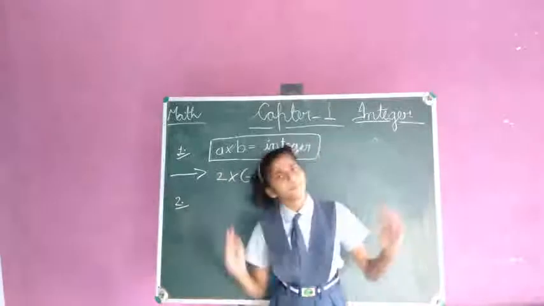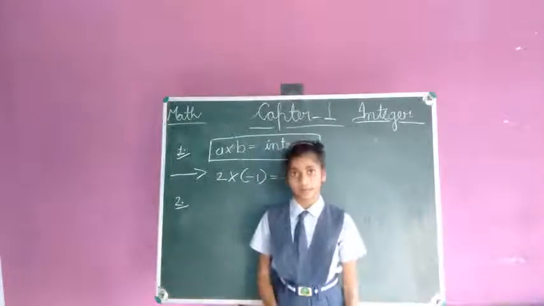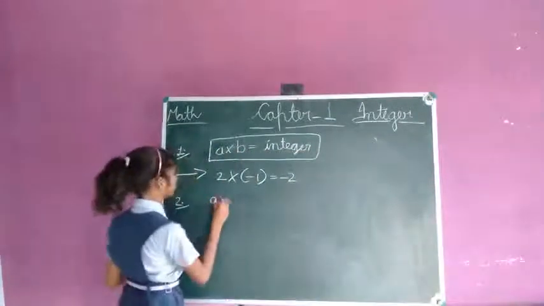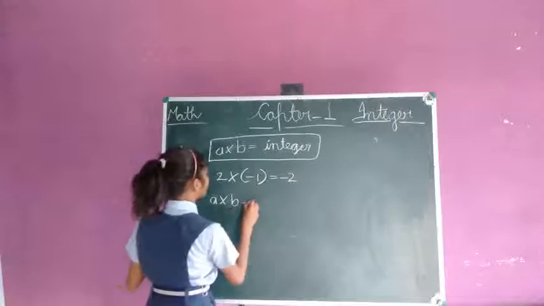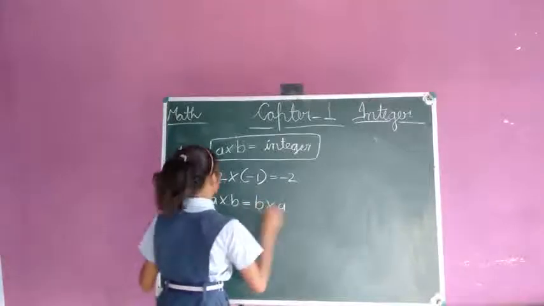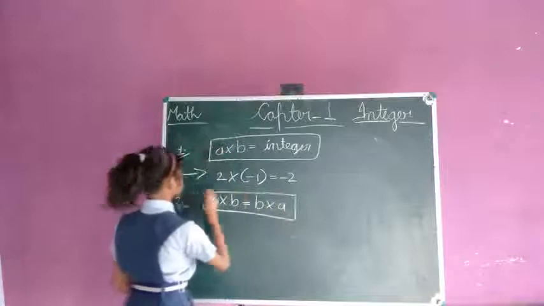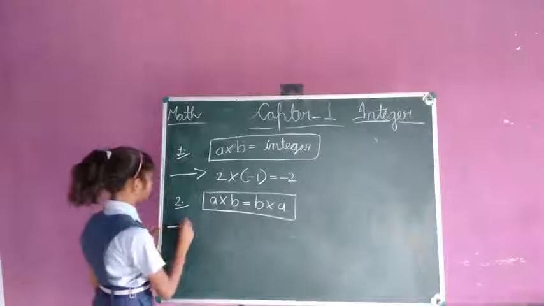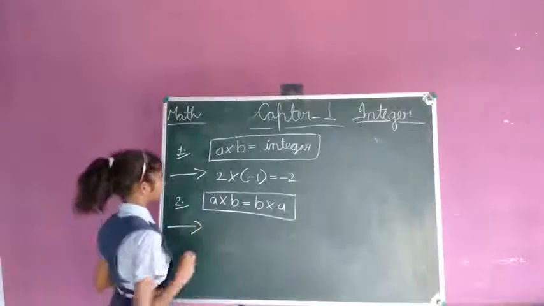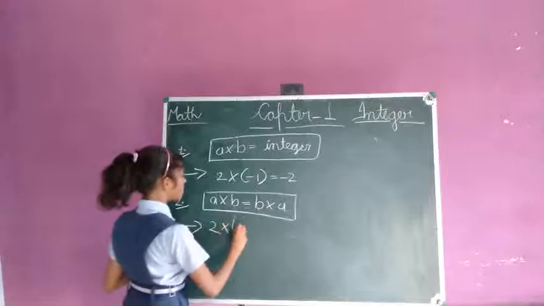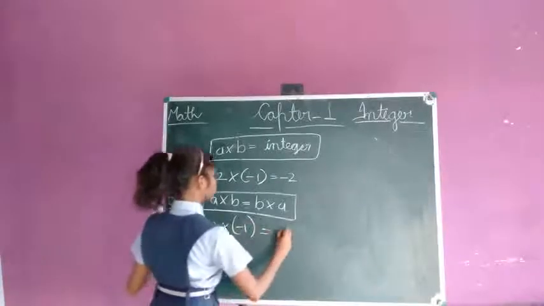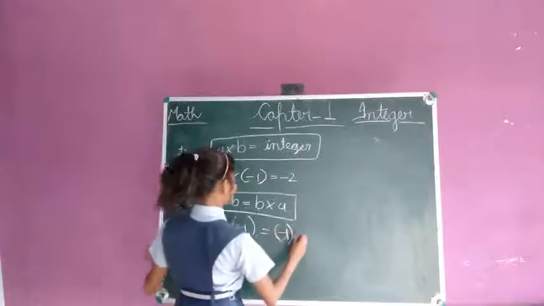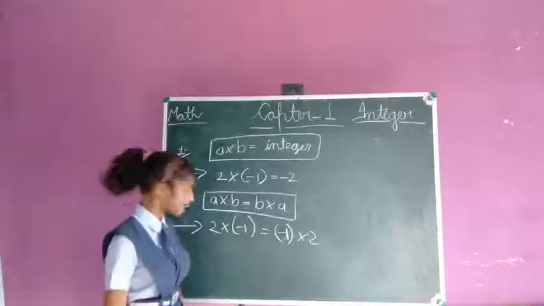If A and B are any two integers, then A into B equals B into A. Okay, friends? Let's see an example. Such as 2 into minus 1 equals minus 1 into 2. Okay? Let's solve